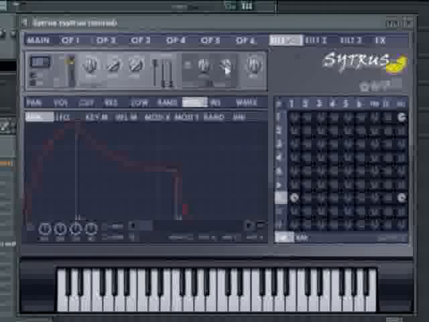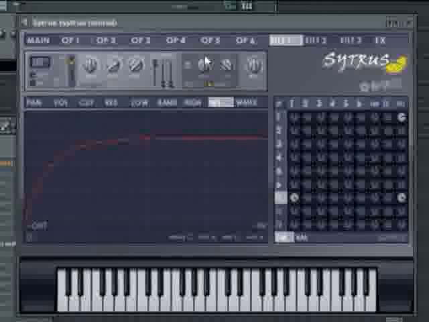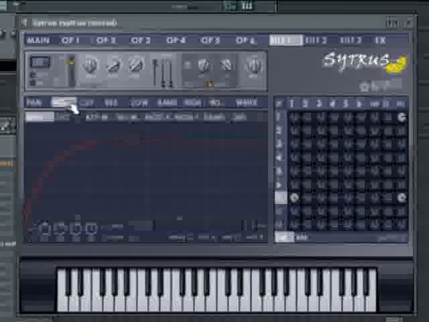The filter tabs have a similar layout to the operators. The top section allows you to define the type of filter as well as the cutoff and resonance. Apply the wave shaper to distort the filter, as well as feed the output of the filter into the next filter using the next knob on the far right. Beneath, there are the filter parameters that can be modulated with the same array of modulators found in the operator